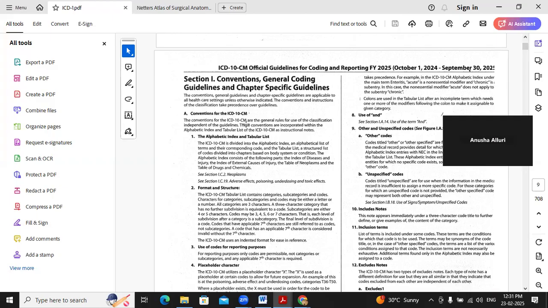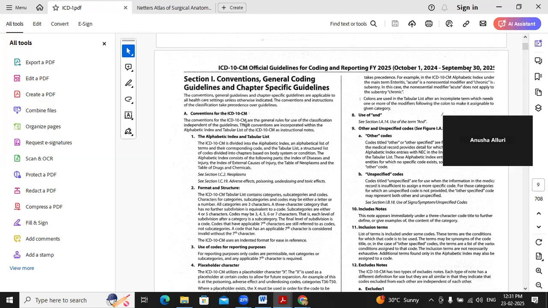But the most precedence will be for the conventions provided by the ICD-10 official guidelines, which take precedence over the client specific guidelines. They will use some guidelines pertaining to that facility, but coding conventions will take precedence unless otherwise specified